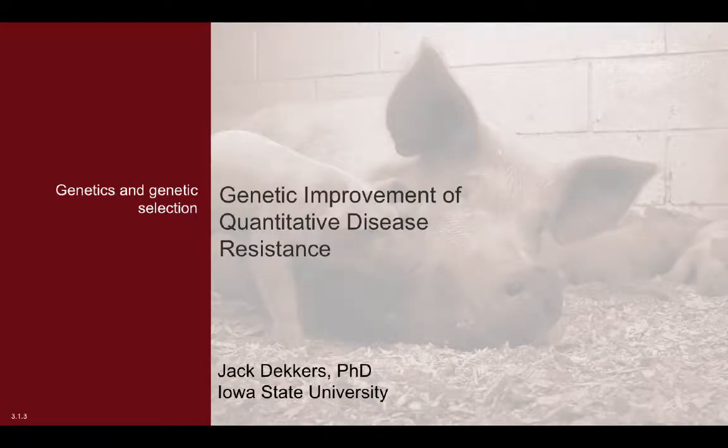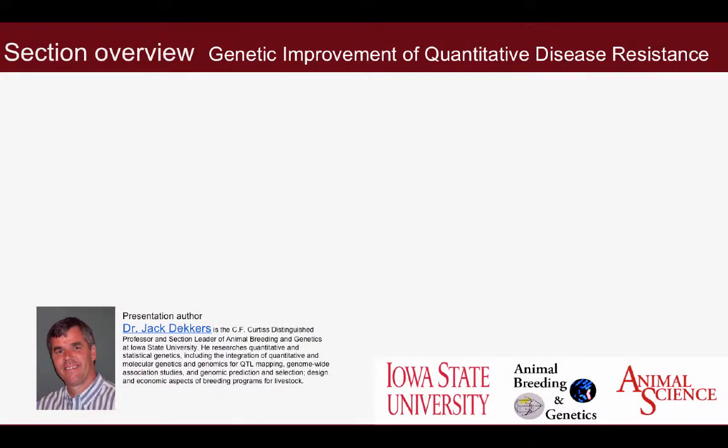This is Module 313 of the online course on genetic selection from concepts to application to genetic improvement of health. My name is Jack Deckhurst from Iowa State University, and I will be the presenter for this module, which focuses on genetic improvement of quantitative disease traits, in other words, disease traits that are affected by many genes as well